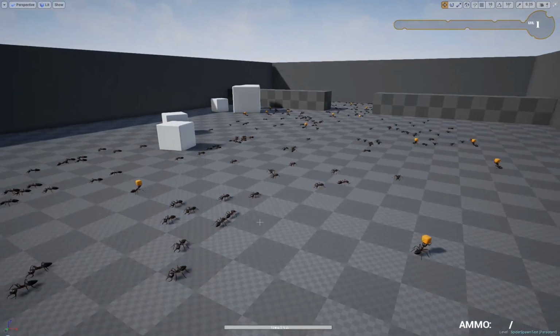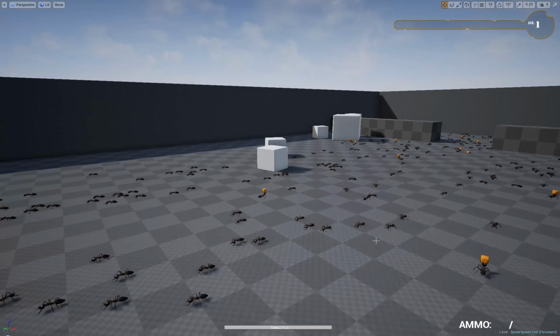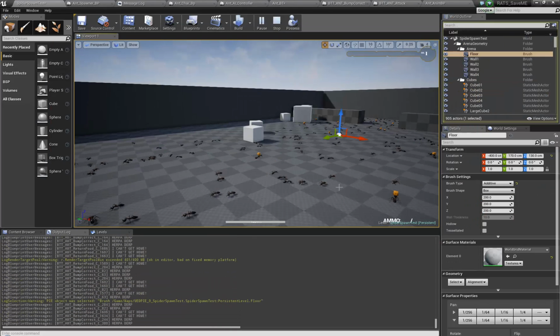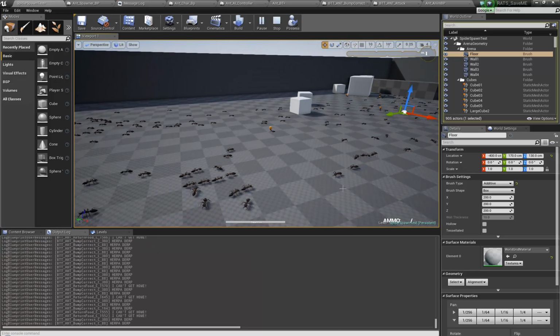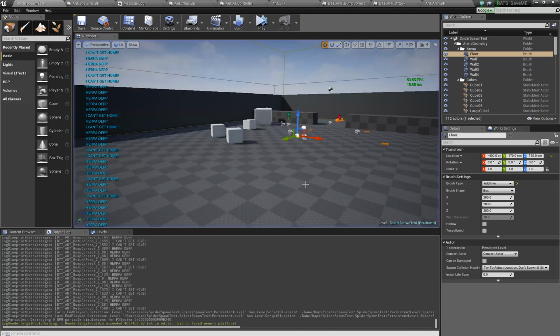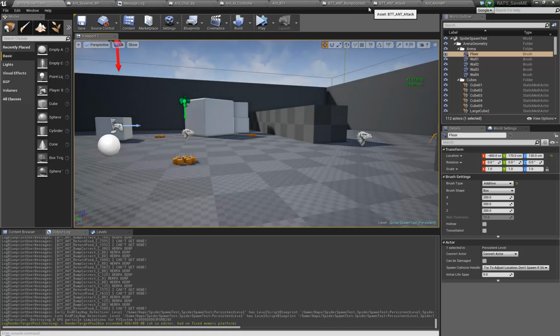Is the game locked up? It's not working unless I'm holding right click and moving the camera. Okay, I'm gonna stop it. Yeah, there's something going wrong there. I can't really think of